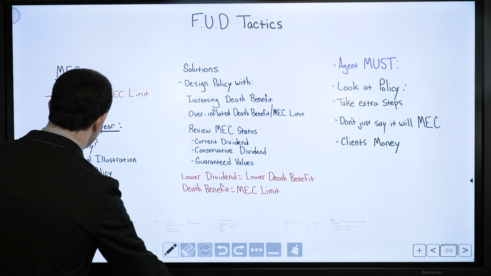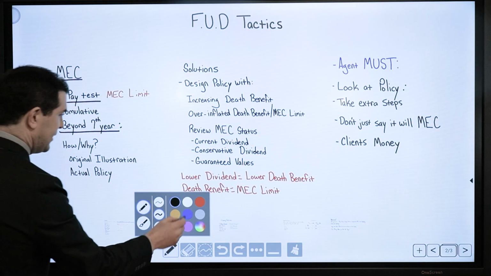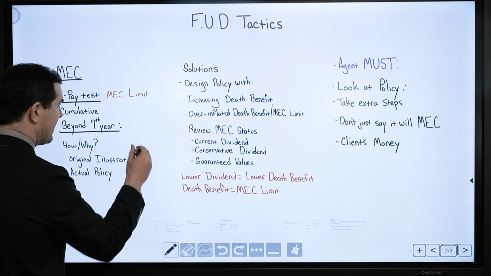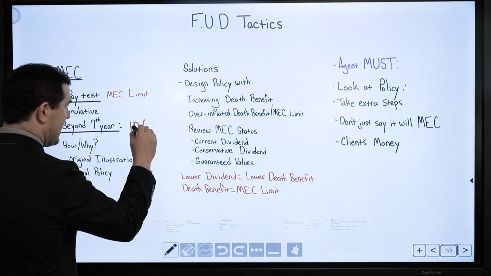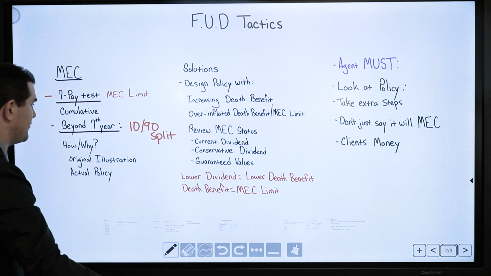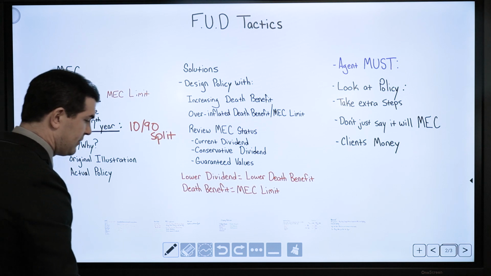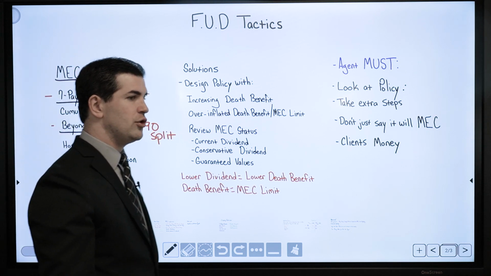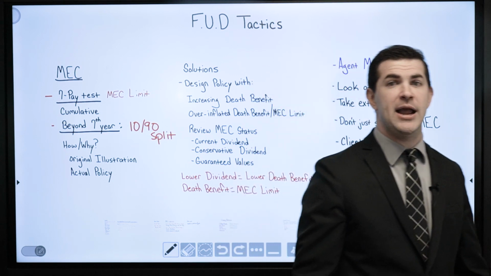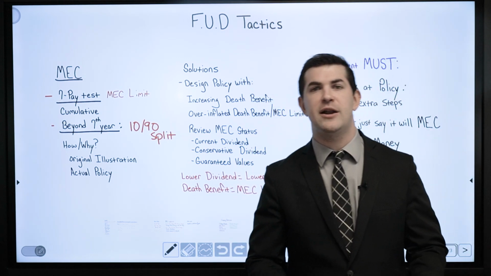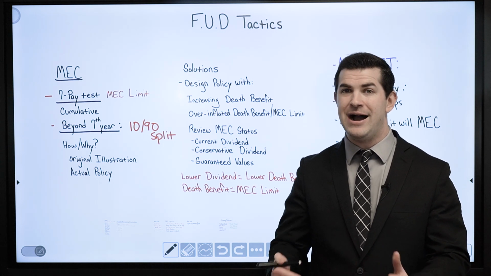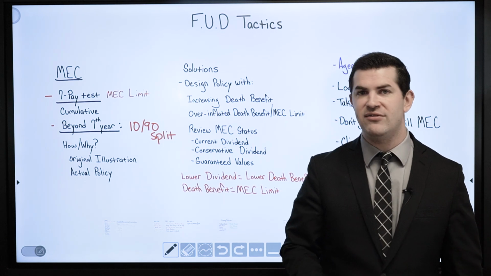So the objection we hear often is beyond the 7th year a policy will trigger a MEC if I go with, call it, a 10/90 split, or maximum cash value policy. So, is that possible? The answer is yes. The answer is also yes with almost any type of split. Meaning if I design a policy and I have money going toward cash value, that PUA rider, I can run into a MEC beyond the 7th year.